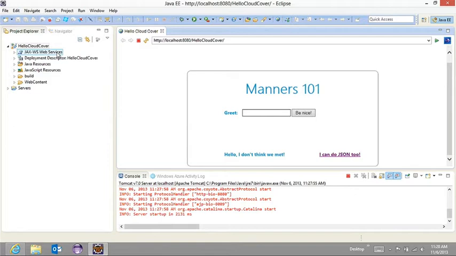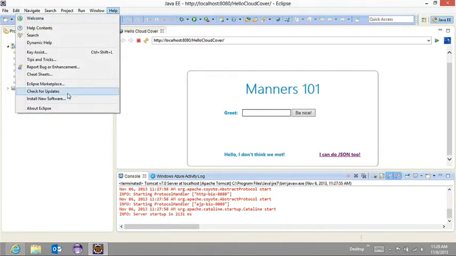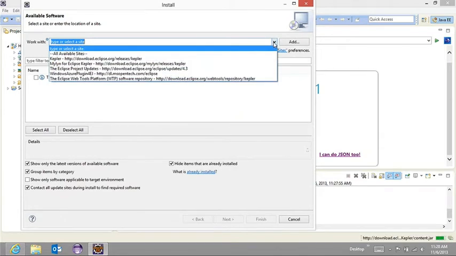Let's see. So let's say that you're ready to start playing with this application and starting to think about deploying it to Windows Azure. So first of all, you need to get our plugin, and you can get that from this special download location. Eclipse understands how to download these things once you provide the special URL. So our URL is here